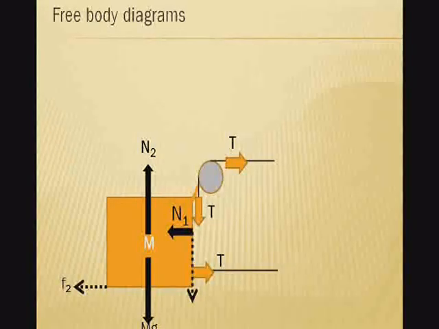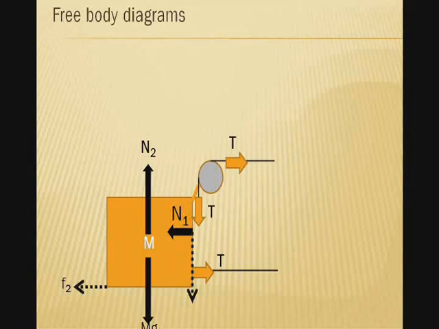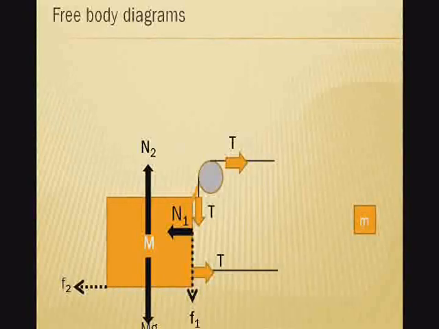And a friction force: because the smaller m mass is moving downward, the friction force on the smaller m mass will act upward. So as an equal and opposite reaction, the friction force on this block will act downward. So on this smaller m,